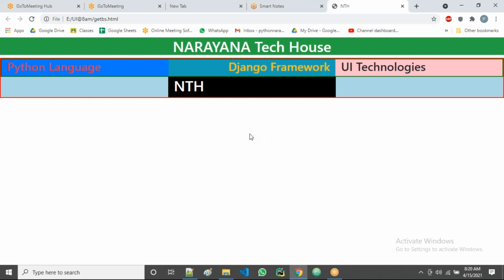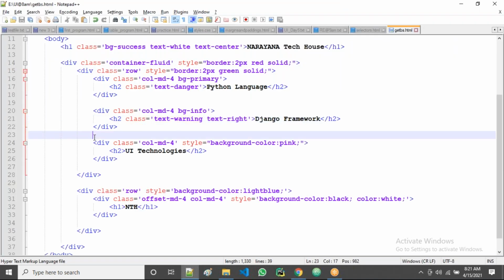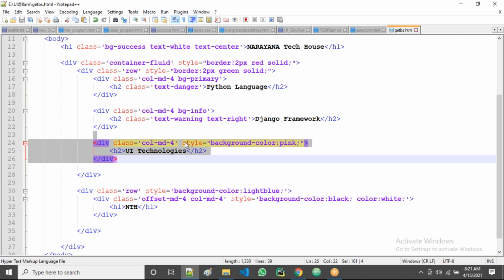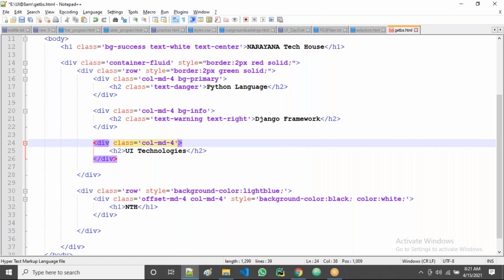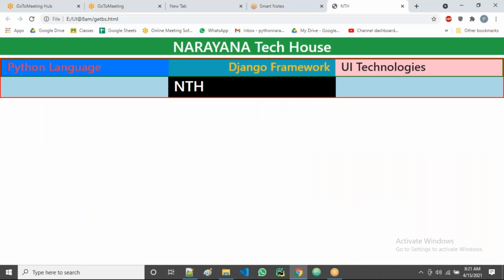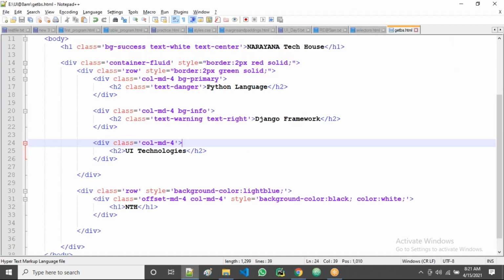Yes. Next one, coming to the third division in the first row, guys. Here also I'll remove the style, right? Yeah, the style is not there. Let's see here. Yes, guys, here nothing is there, right? Then what do we do? I can take again some background color, guys. Okay, again class. No, all your classes are there, right? Take it in the codes.